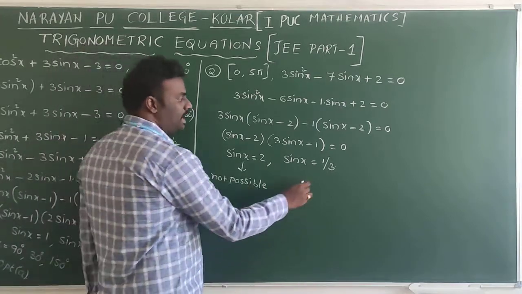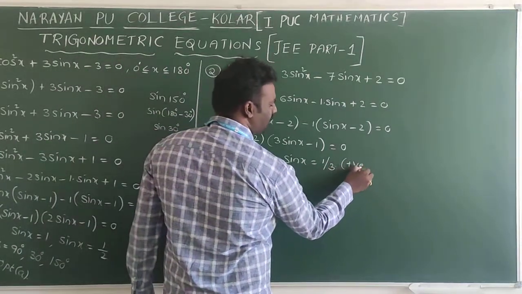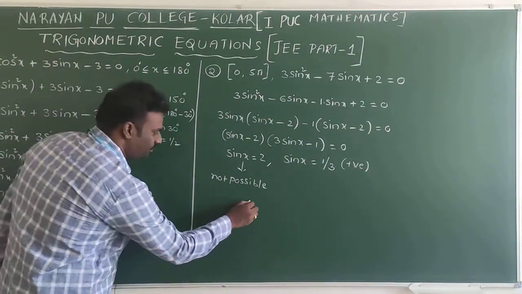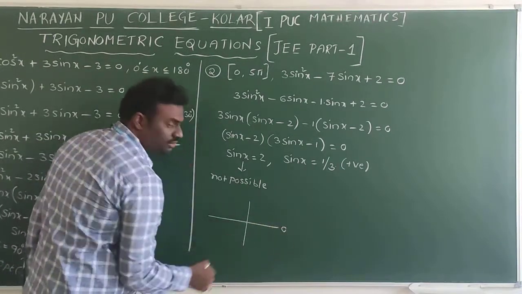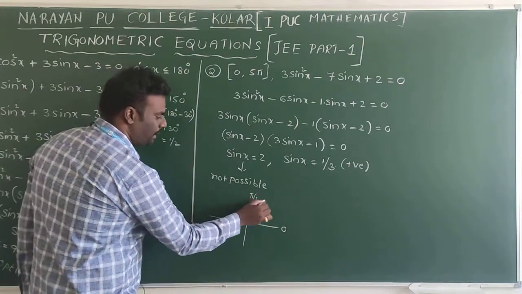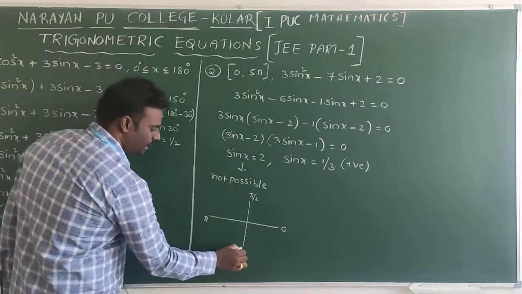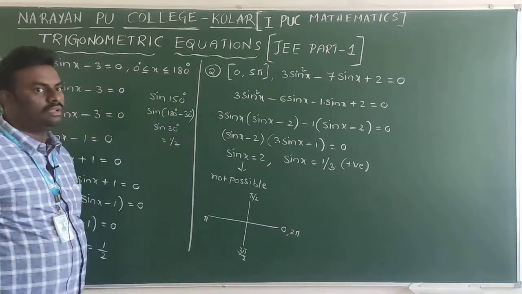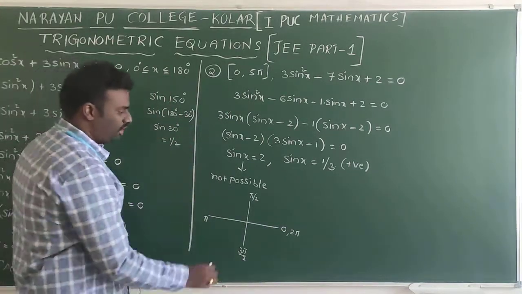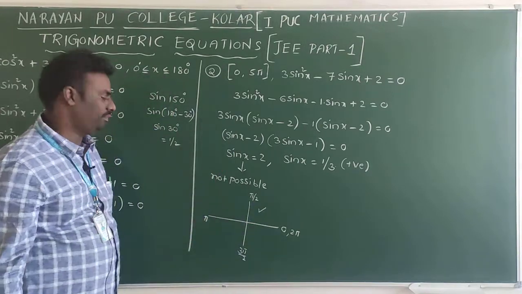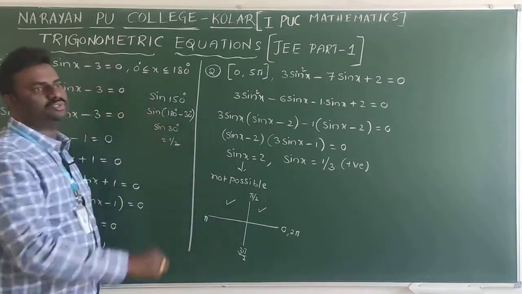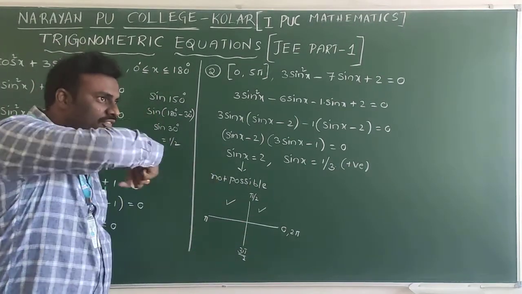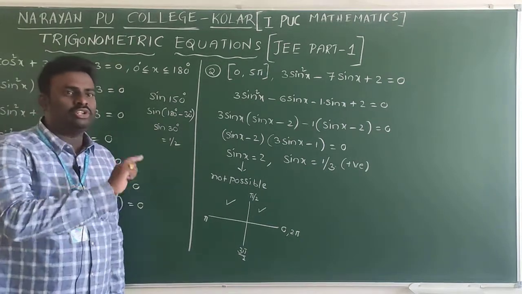So second question, we will get how many number of solutions. See here, this value is 1 by 3, that is nothing but positive. Sine is positive in which quadrant we will take it? First I will take like this: 0, pi by 2, pi, 3 pi by 2, 2 pi. Okay, this is one cycle. In first quadrant sine is positive. In second quadrant sine is positive. Don't take third and fourth. In third and fourth sine is negative. That's why in first 0 to 2 pi you will get two values.